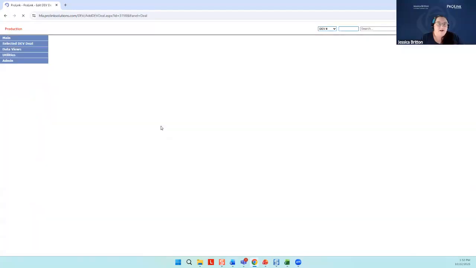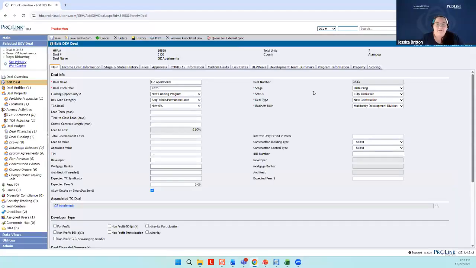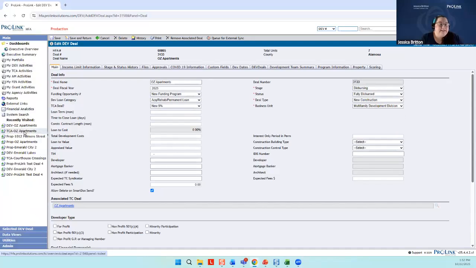as you're going through the process of that dev deal, you're able to update over here the stage from pre-pipeline all the way to dispersing, and the status will depend on the chosen stage. So obviously, if you choose stage of pre-pipeline, it's going to have different statuses. But for us to move into a portfolio property, we would like the stage to be dispersing and fully dispersed. And then similarly for a TC deal,